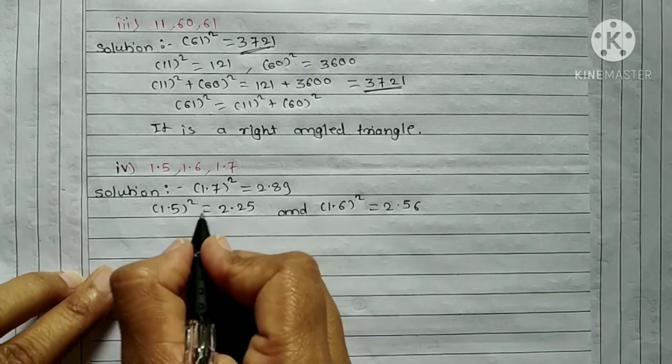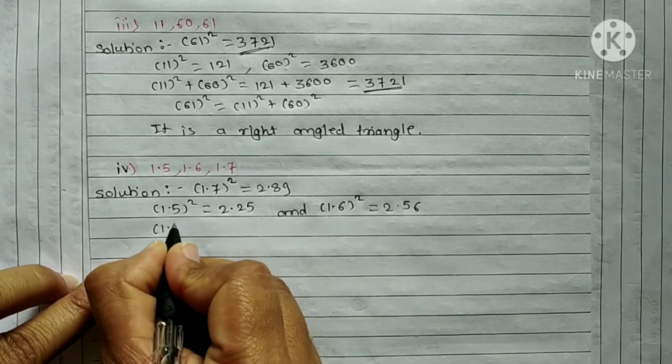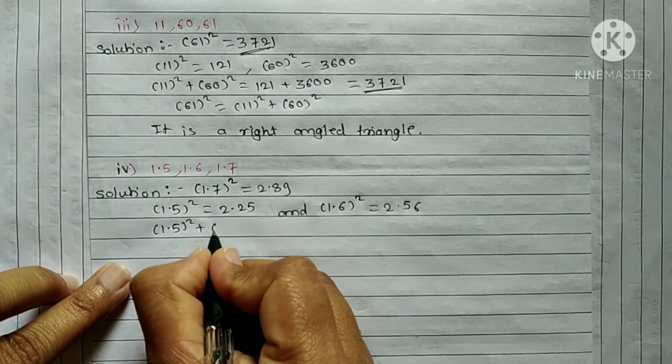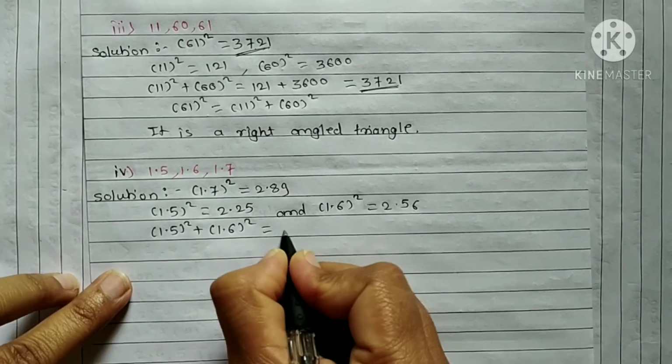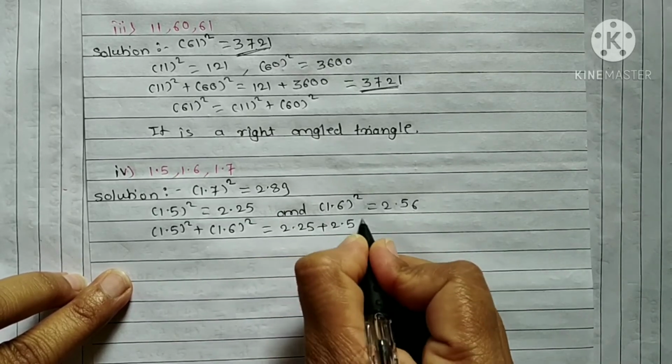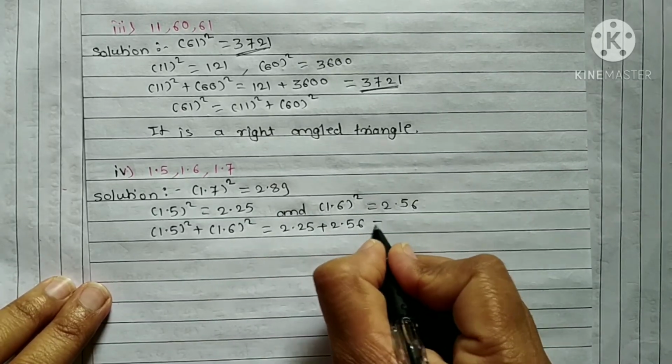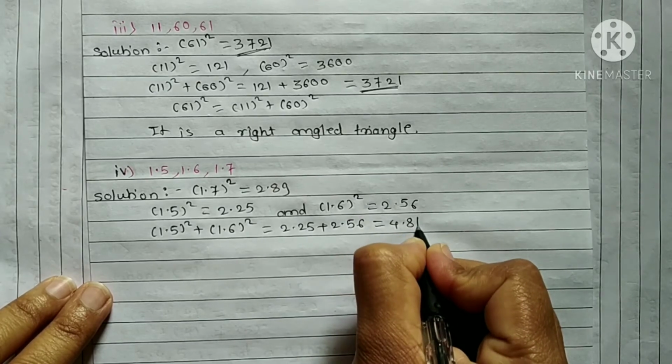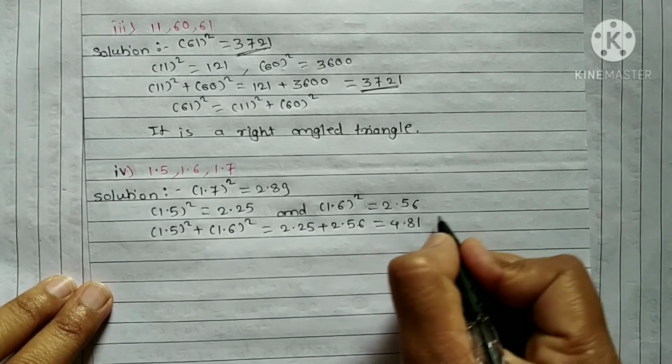Now add these two numbers, that is 1.5 square plus 1.6 square, which is equal to 2.25 plus 2.56. After addition you get 4.81, and 4.81 is not equal to